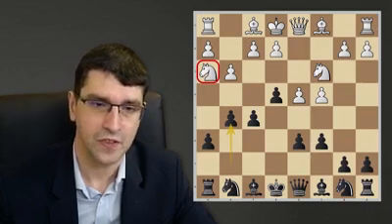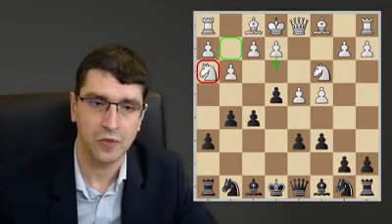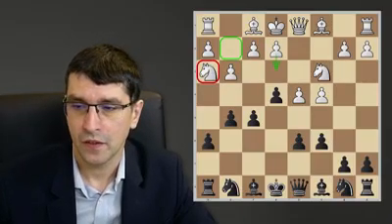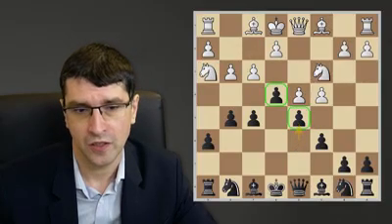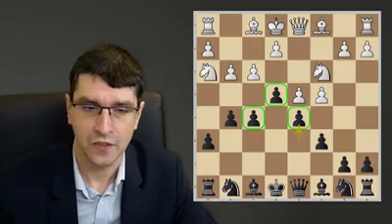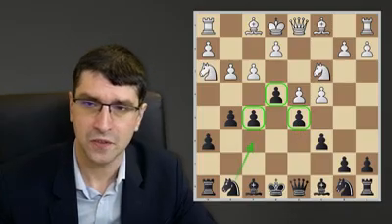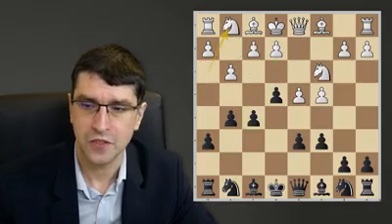Otherwise, for example, the pawn on e3 and the pawn on g2, it is not so good for black. Now knight g1 is the best move. If white goes f3, of course, we go d5 and we have a nice center. Then we can follow up with knight f6 and so on. So knight g1